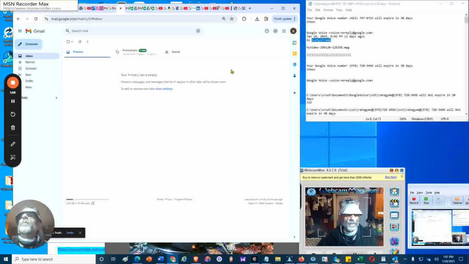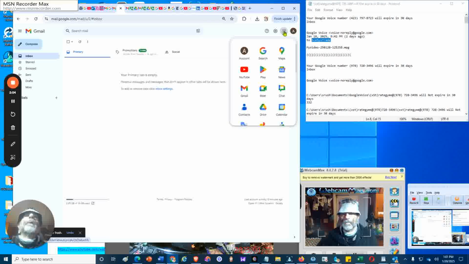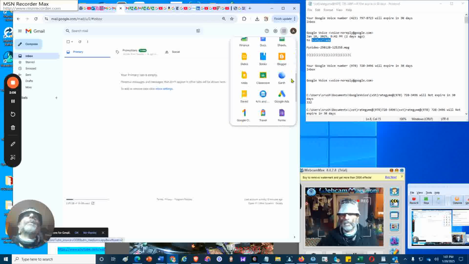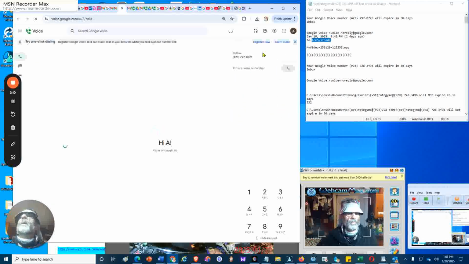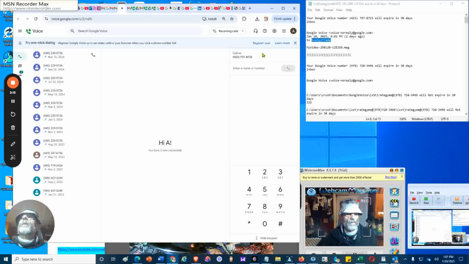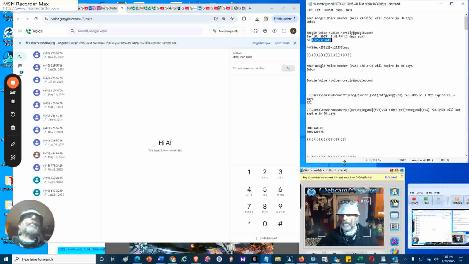And then I want to navigate. I'm pressing the Google app icon, the waffle, and I want to navigate to voice. Once I navigate to voice, I want to copy the phone number that I want to dial, which is